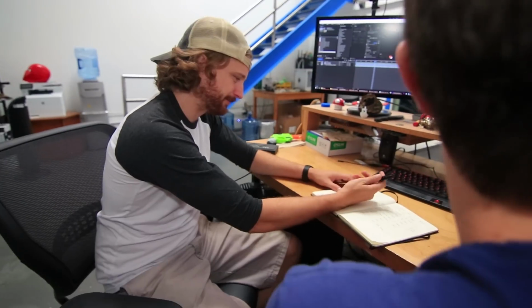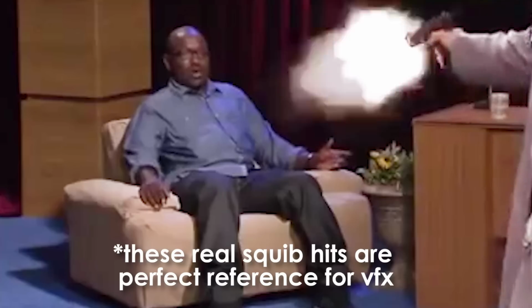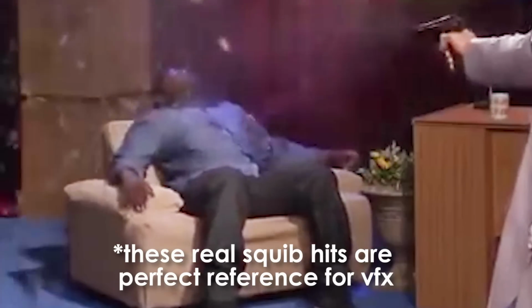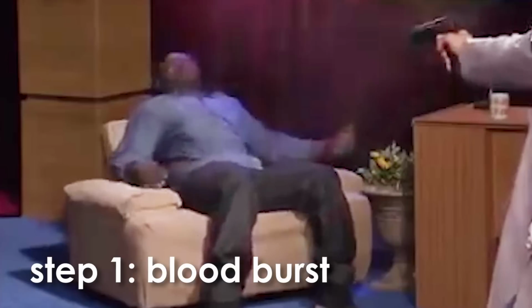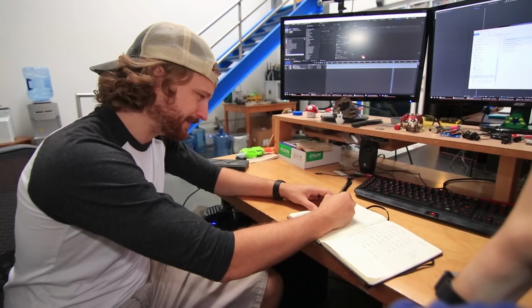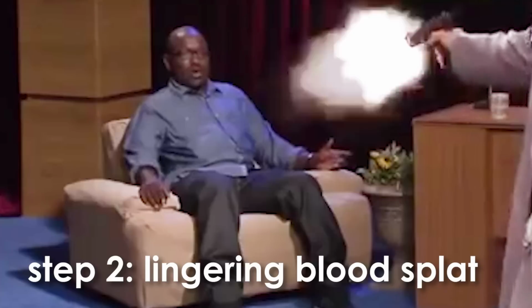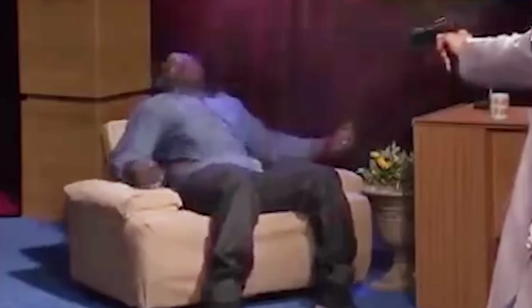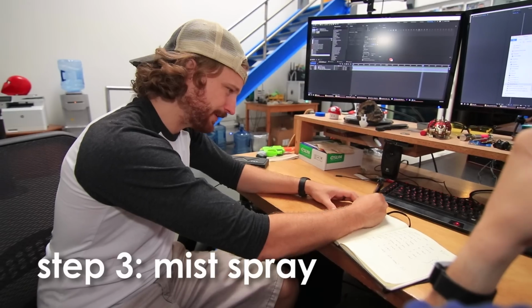When we were looking at that clip from Eric Andre's show, when they had the blood hits, they basically had an effect on the person's shirt where it would bulge up, because that's the squib going off, and then eventually that would burst, so you get the actual bullet hit effect, all red and gooey in there. And then after it burst, you have a splat of blood that didn't go out very far, like something you get from the detonation films, hemoglobin. And then on top of that, you get a mist spray that would go out really far